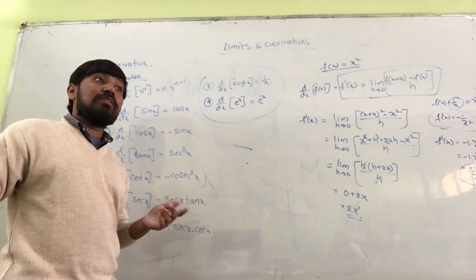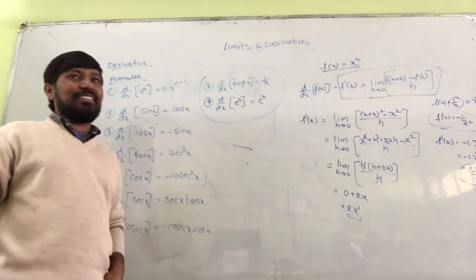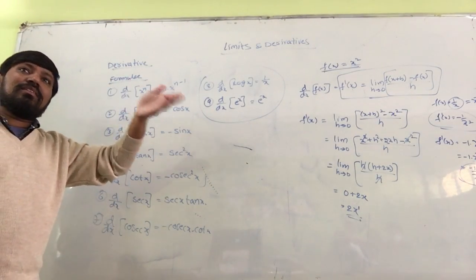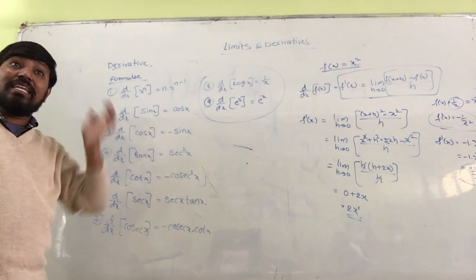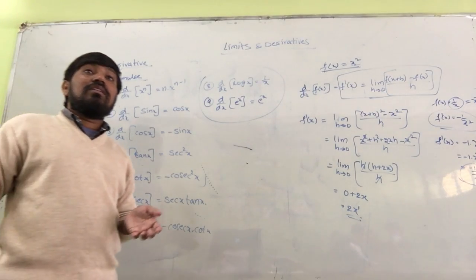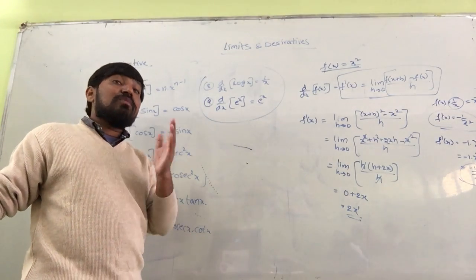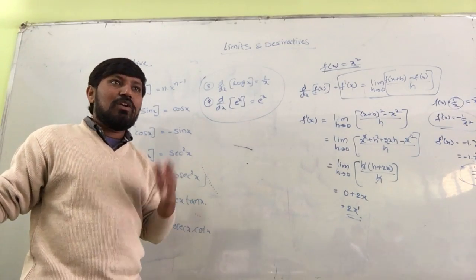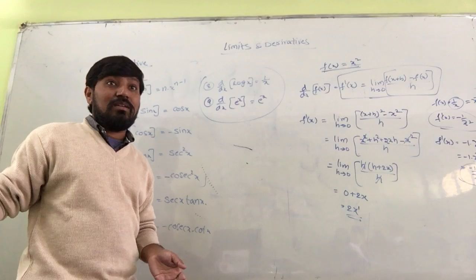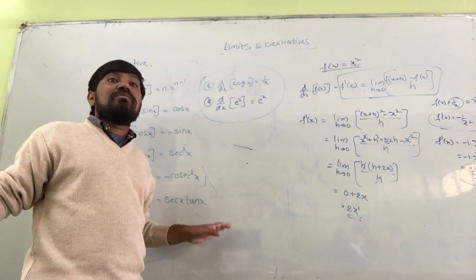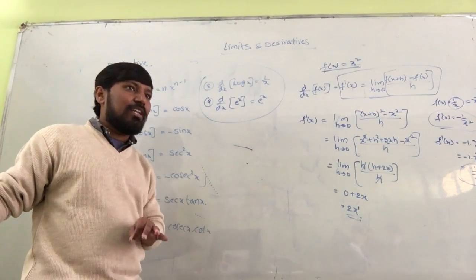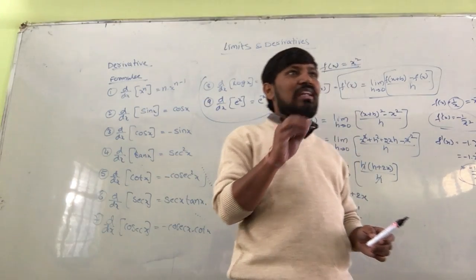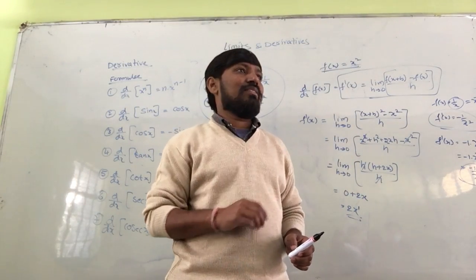Sin inverse is something you need to learn under inverse trigonometric functions. That is completely different. You are going to learn it in your 12th class. d by dx of sin inverse of x is equal to 1 by under root of 1 minus x square. d by dx of cos inverse of x is equal to minus 1 by under root of 1 minus x square. So many formulas will be there in calculus, as you have in trigonometry. In trigonometry, whatever formulas are there in your 11th standard, all should be in your mind.